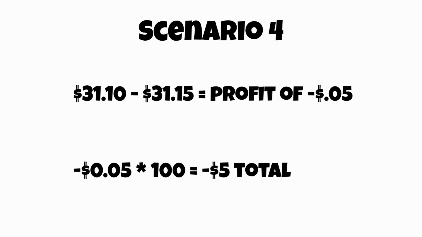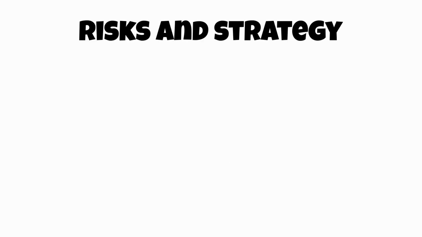This is because he could still exercise and collect profit on selling the shares at a higher price than he pays for them, but his premium cost of $15 would be higher than his profit of $10, resulting in an overall net loss. With all possible scenarios at expiration explained, let's have a talk about the risks involved and the ways you may want to choose buying calls.